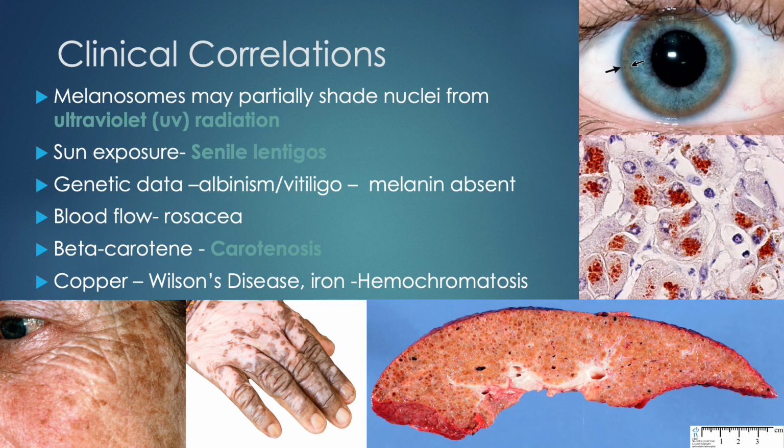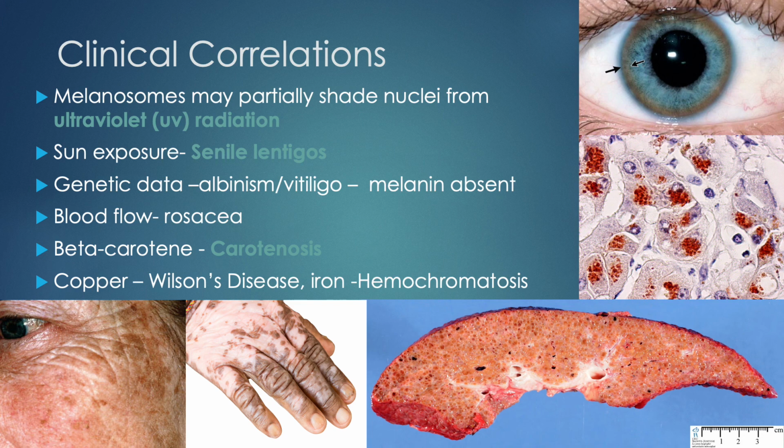Here are some clinical correlations that I just love. The melanosomes, which contain melanin, serve a very neat purpose because that melanin is able to shade nuclei from ultraviolet radiation. They essentially act as little miniature umbrellas, so that as the radiation comes superficial to deep into the tissue, when it runs into that melanin, the tissue underneath is not affected as much by the